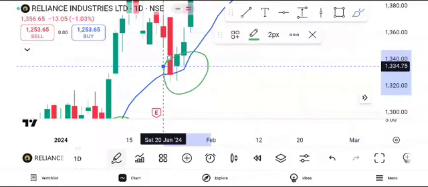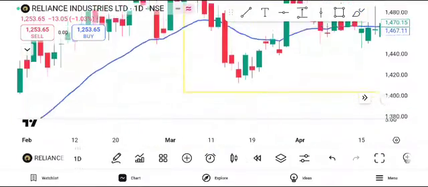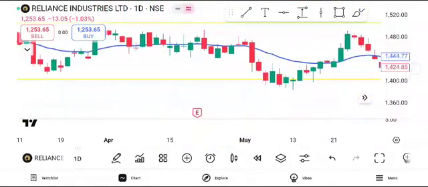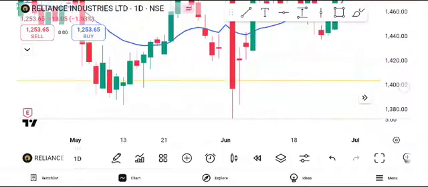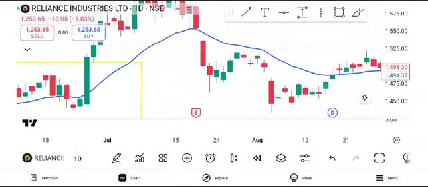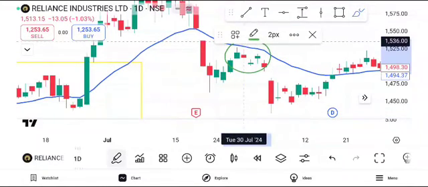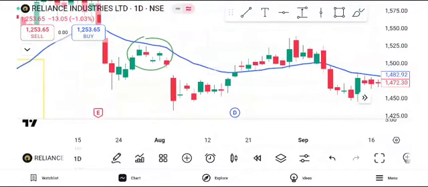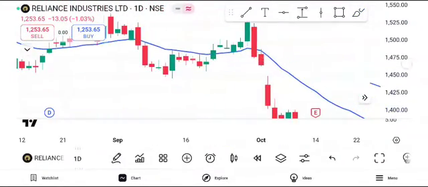And during a downtrend it acts as a resistance. Let's see, the trend changes to a downtrend and it acts as a resistance. See, this is the resistance, this is the resistance. See, it acts as a resistance,